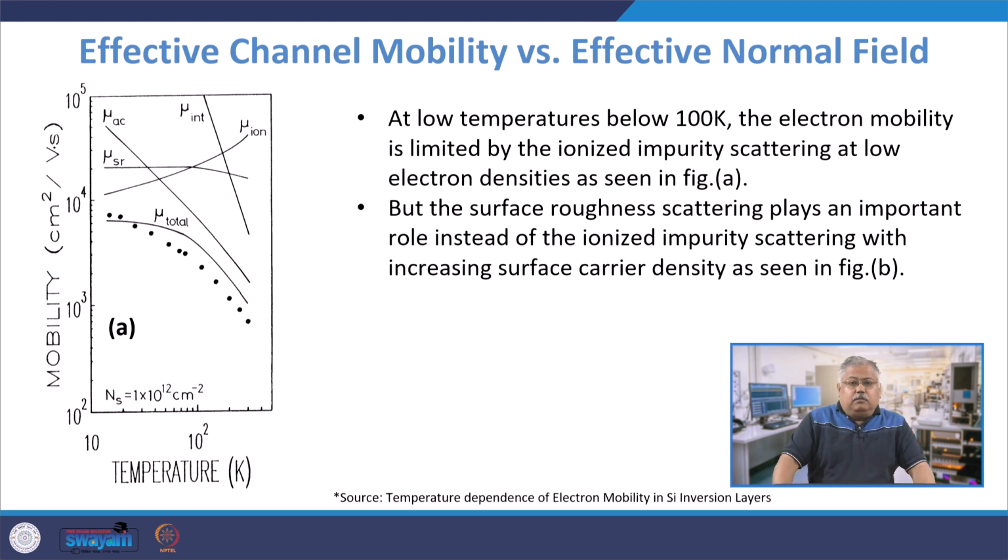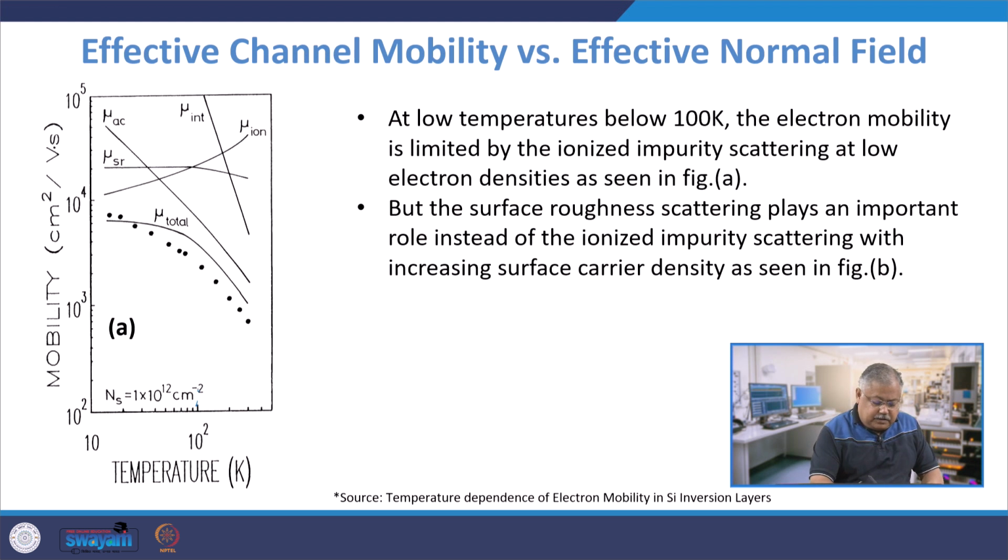Again, continuing with our channel mobility versus effective normalized electric field, as I discussed with you below, this is my 100 Kelvin curve, right? This is my 100 Kelvin curve. So at low temperature, which is below 100 Kelvin, the electron mobility is limited by the ionized impurity scattering. However, above 100 Kelvin, it is limited by the surface roughness scattering here, right? If you look at this graph here, the surface roughness is almost constant, independent of temperature. But the mobility due to ion implantation becomes larger, acoustic phonon reduces, your interface trap charges reduces, and mu total